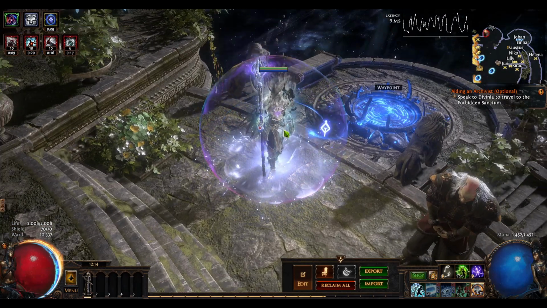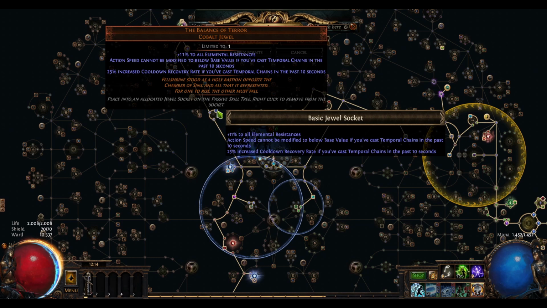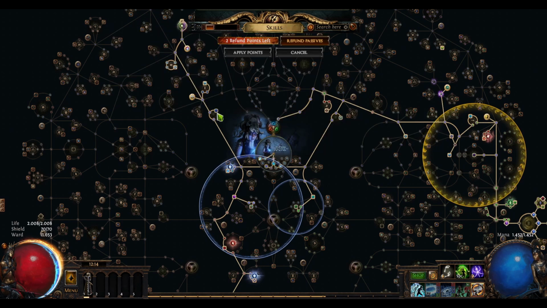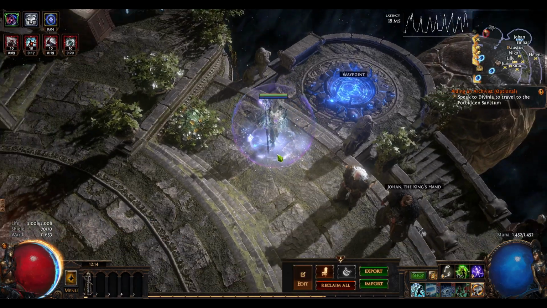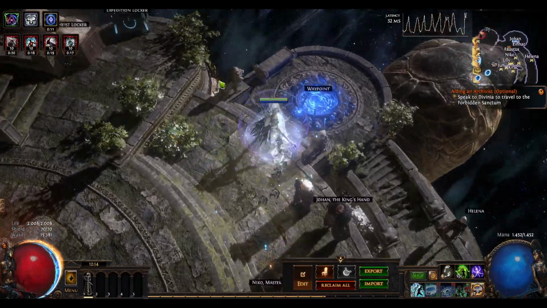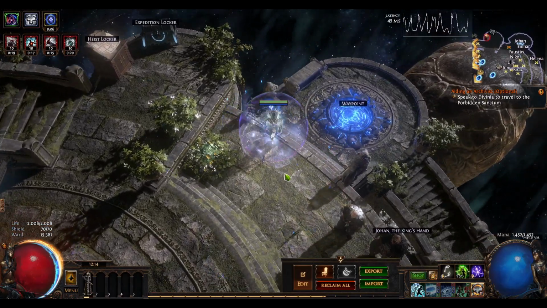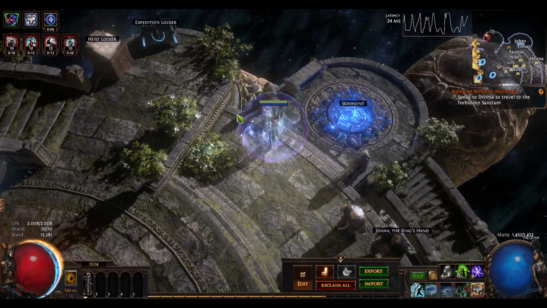But we have another way to get around this. You can play this on any Ascendancy if you use the Balance of Terror with action speed cannot be modified to below base value, if you have cast Temporal Chains in the past 10 seconds. So we just cast Temporal Chains every 10 seconds, which is not that big of a deal because